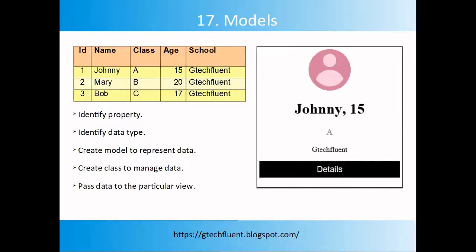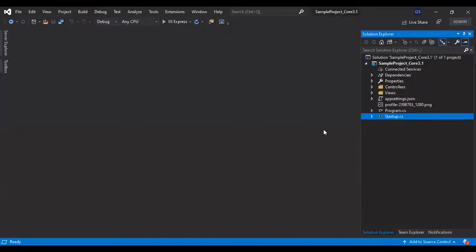So now let's switch to Visual Studio and create the model. We are in the project we created for this video tutorial series. If you have any experience with the previous MVC architecture, you must know that models must be present in the Models folder. In ASP.NET Core, it is not mandatory to have a controller inside the Controllers folder and a model inside the Models folder. But it is good practice to keep them in their respective folders to identify them easily and keep the code separated. So let's create the Models folder first.